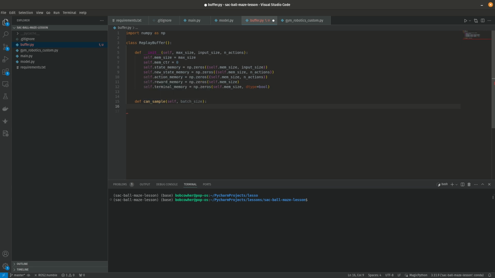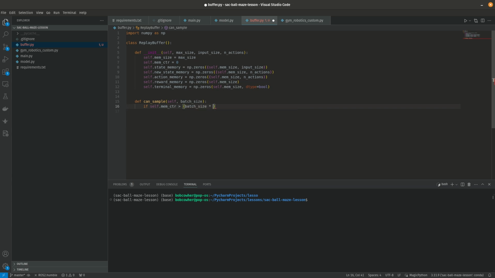Now, obviously, we could do some of this logic in the main loop. My preference is to allow the replay buffer itself to tell the main loop whether or not you can sample from it. So we're going to say if self.memCounter, remember this is how much of the memory is full, is greater than,